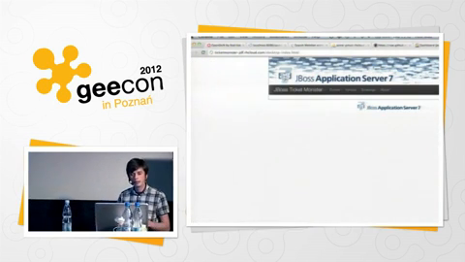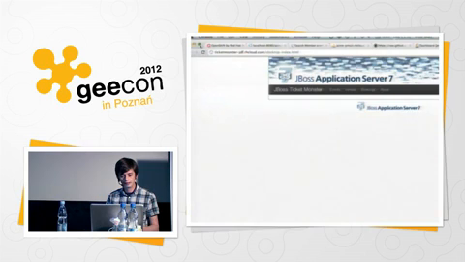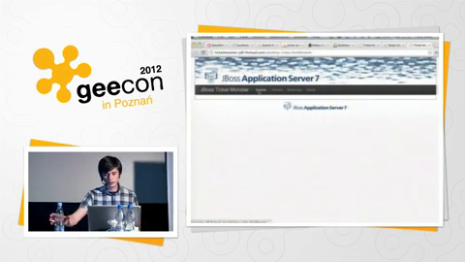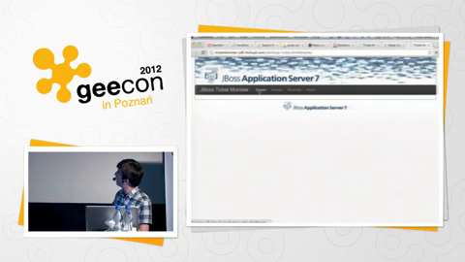So what we have here is the application. Let's see now. It's just loading, I think. The application running up on the PaaS. It should be